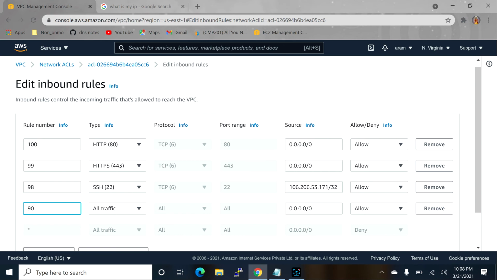But if you put 101, first the condition will check 98. For example, I am accessing from another public IP. That IP is not added here, so it will skip it and check the next, and skip again. Finally, at 101 it will allow all traffic. And this is also wrong. You should not give all the traffic to any network for the particular instance.